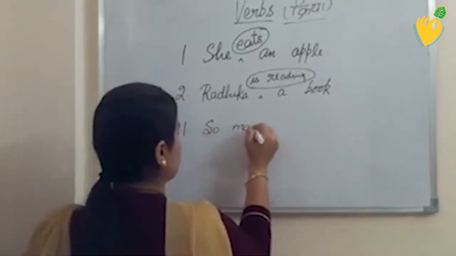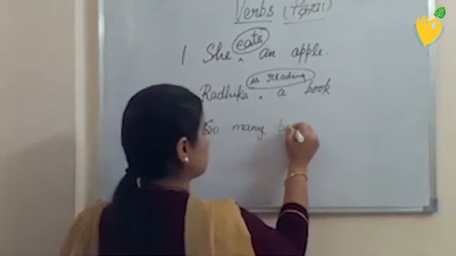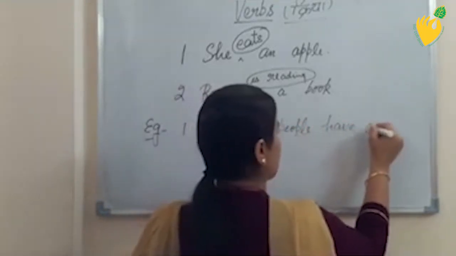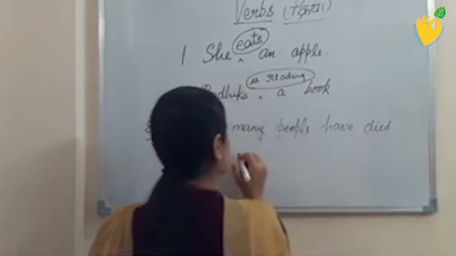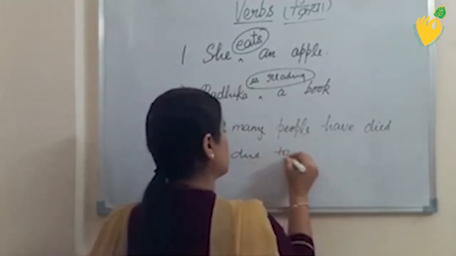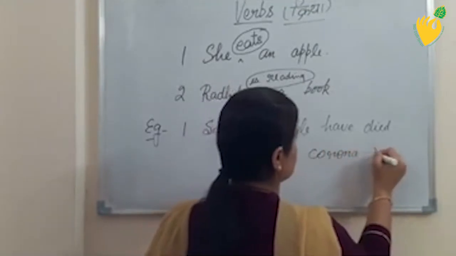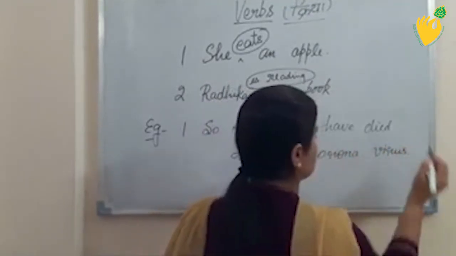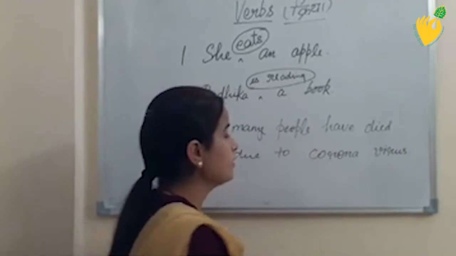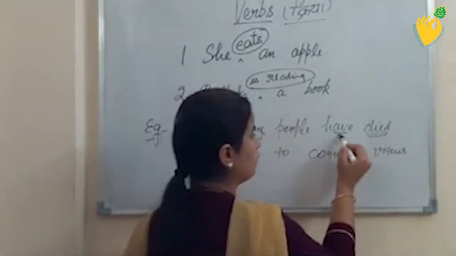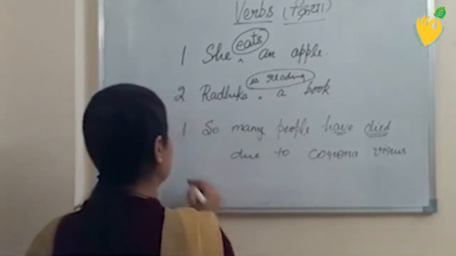So many people have died due to coronavirus. Students, in this sentence, died is the main verb and have is your helping verb. Next example: